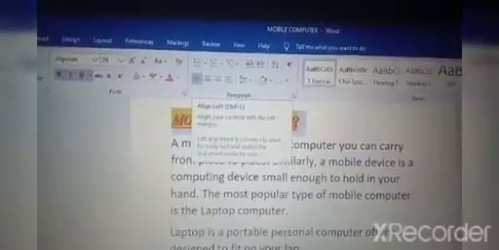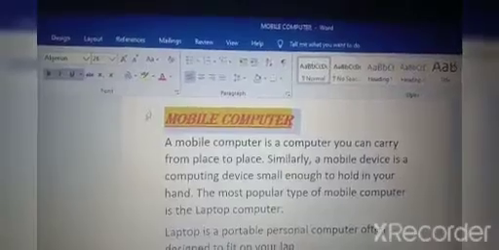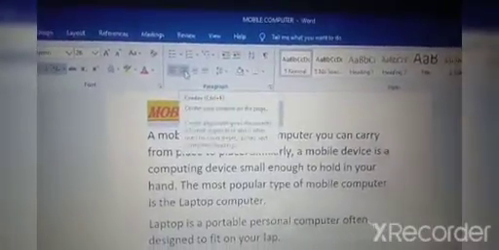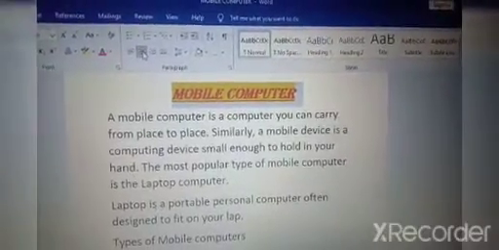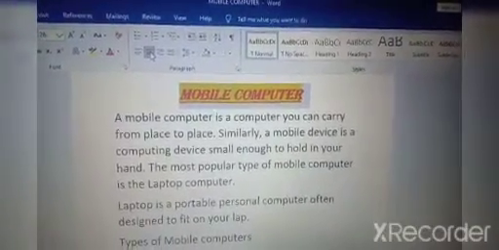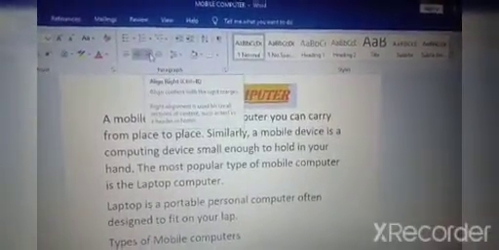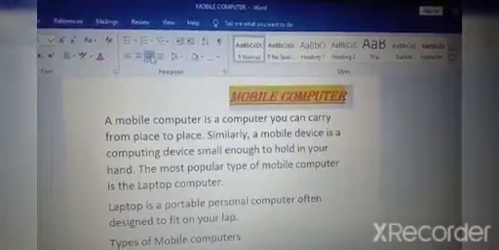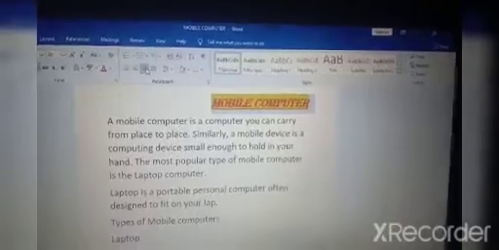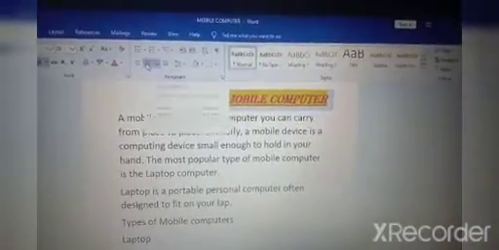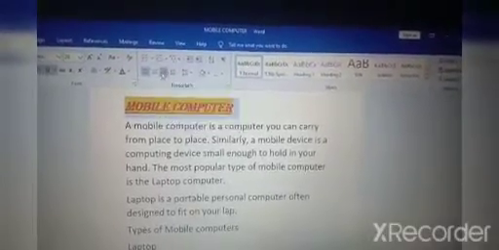Now I want to keep the heading at the center. So what will I do? I will select the text and click on the center alignment. Can you see my text is at the center? Understood? Now I want to place this at the right side. Click on the right alignment. See, the text is at the right of the page. Understood? Center alignment, left alignment, and if you want to keep it at the right, right alignment.